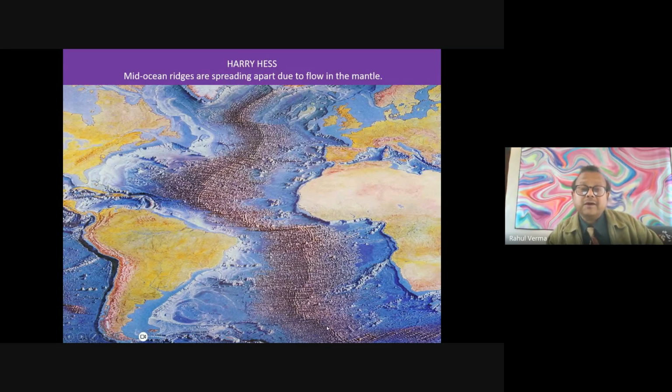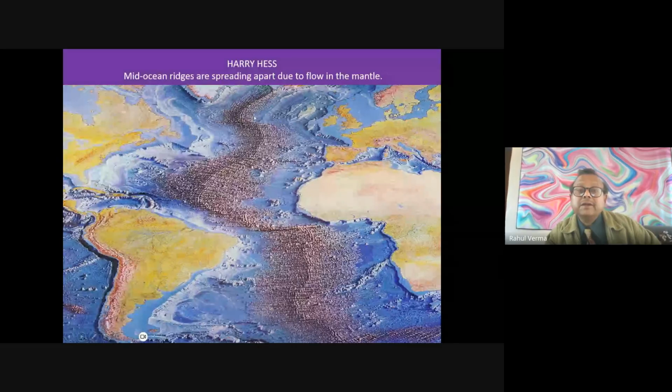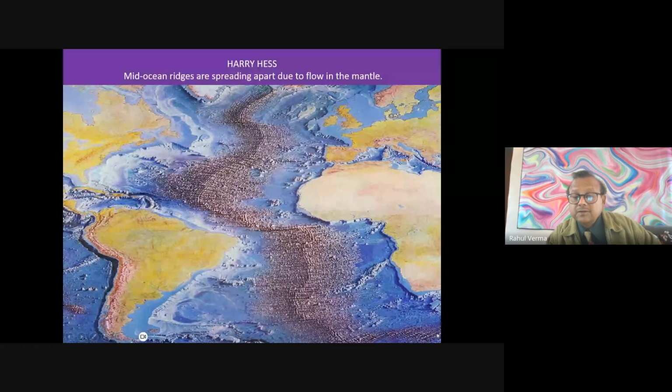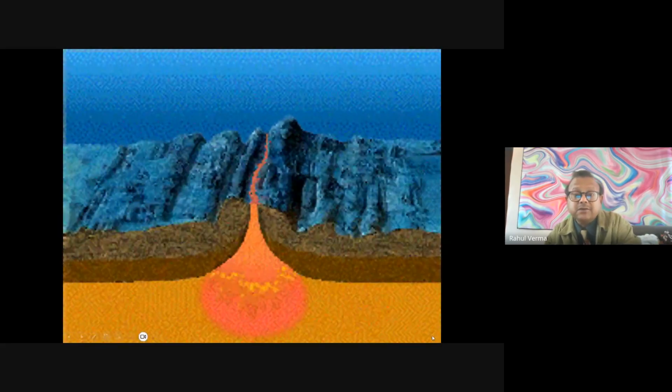Now you see, this is an interesting picture. If you remove all the water from the Earth, this is what we get. This is South America, North America, this is Africa. You see this whole elevated area, that is called the mid-oceanic ridge. From there, the plates are separating away. That is called a divergent margin. It almost covers the whole globe. You can see this starting from near polar, going down to the equator, and then going to the south. These areas all experience a lot of volcanism. So how it takes place, you can see here. This is what happens.